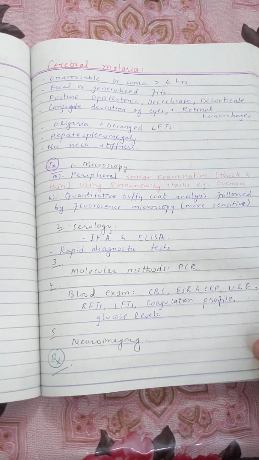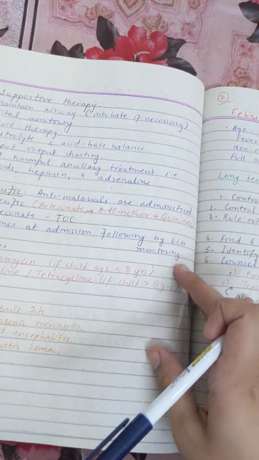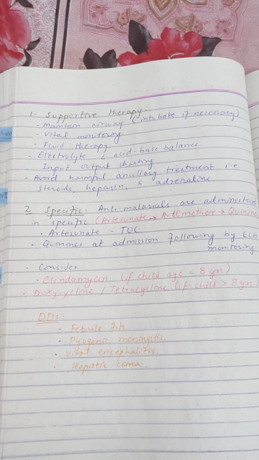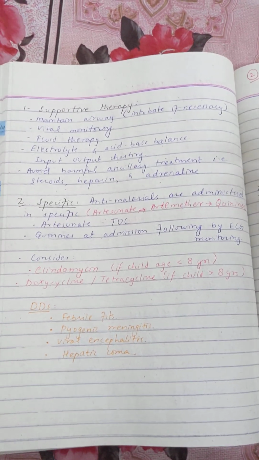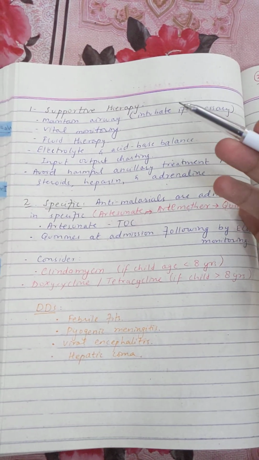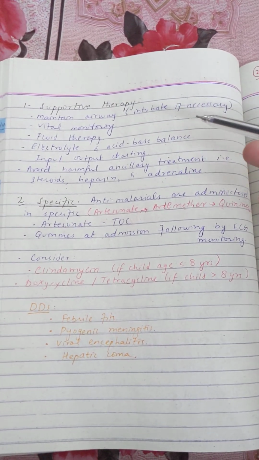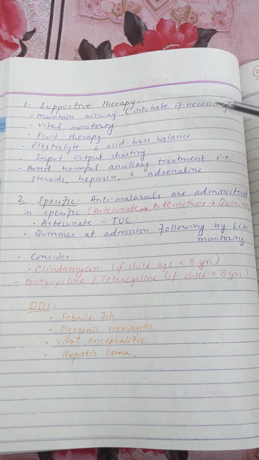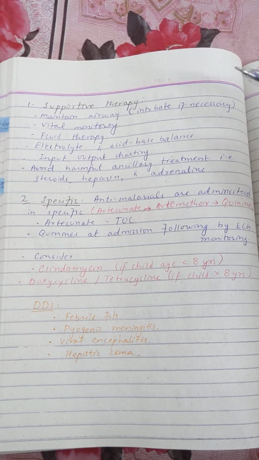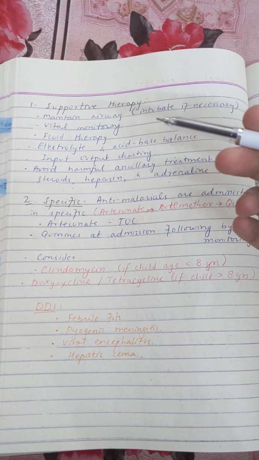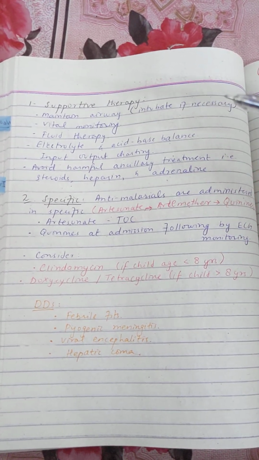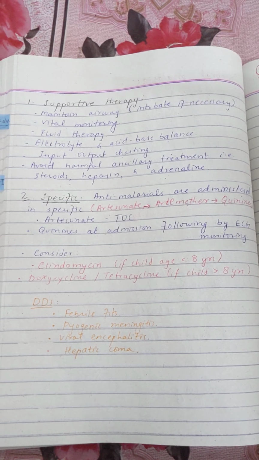Now, what are the treatment options that are available for treating a case of cerebral malaria? Number one, there will be supportive therapy, and then there will be specific therapy. What will be the supportive therapy? It will include maintaining the airway, and we can also intubate the child if he is unconscious or in a coma state, and we'll do vital sign monitoring, fluid therapy, and electrolyte and acid base balance will be